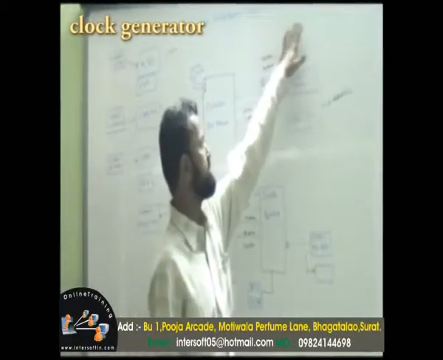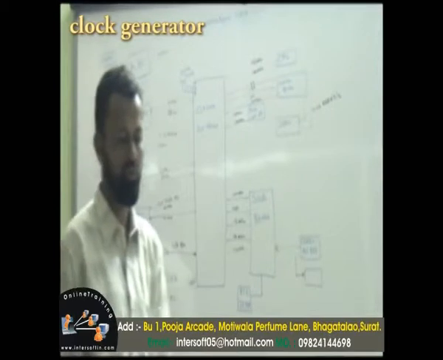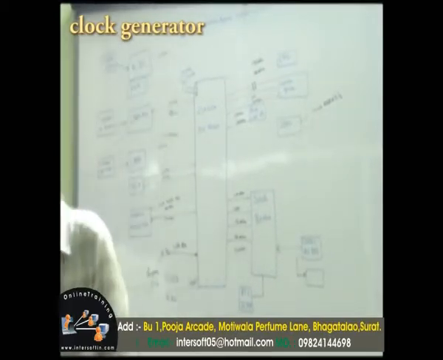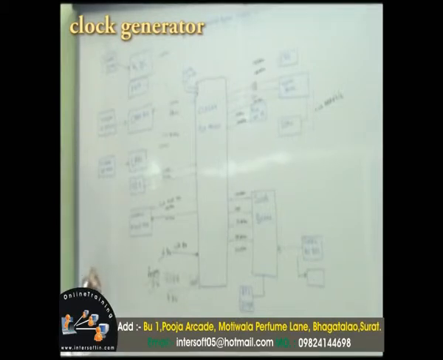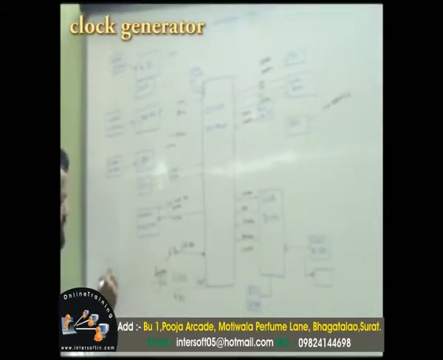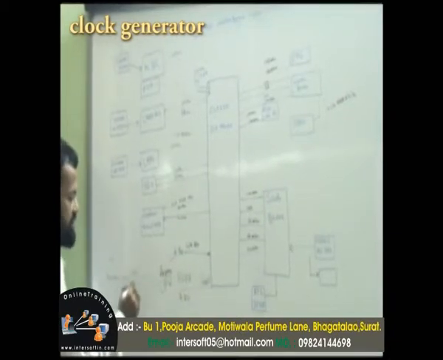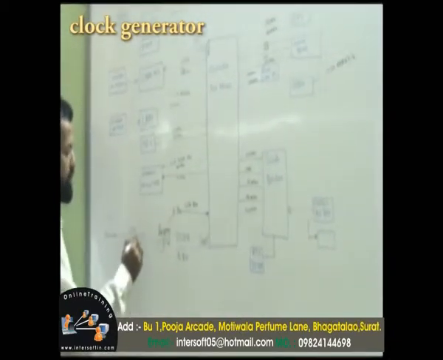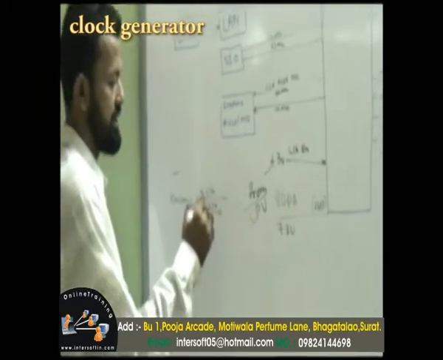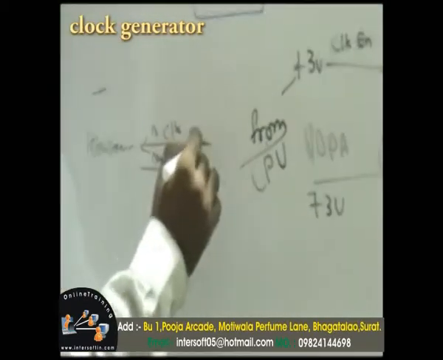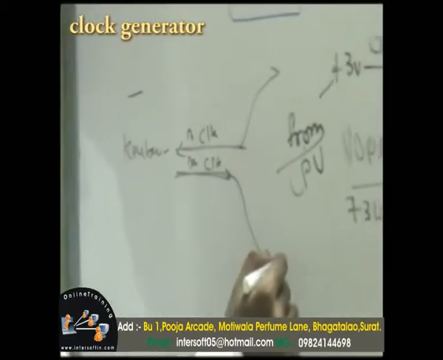Clock generator chips. What is a clock? To work with any function, to work with any PCB, like a keyboard will work when you give it a clock. Then it will supply the data with the help of the clock. That is a clock and data clock. The clock signals come from here and are given to the IO chip.